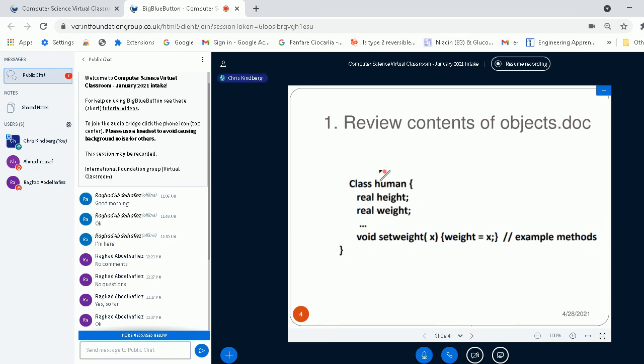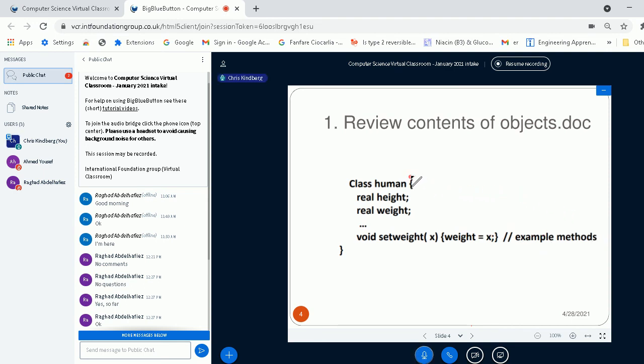So remember, I'm just reminding you that a class contains data, and one or more methods that operate on the data and change the values of its variables. You can think of Human as a package, which packages data and methods for operating on that data.